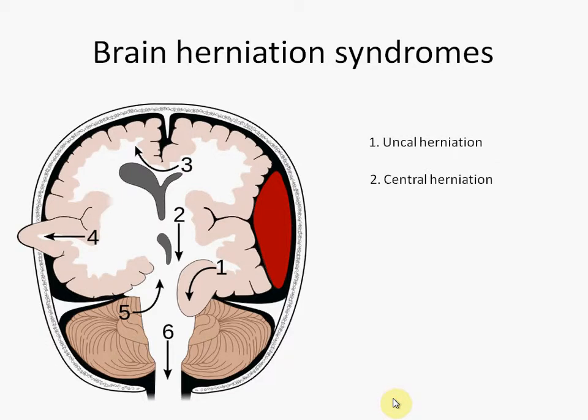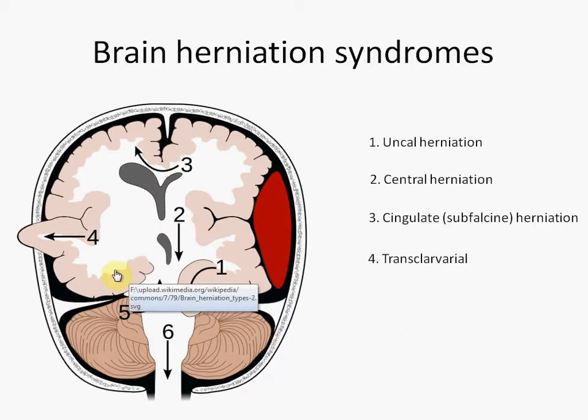Number two, central herniation, where the brain is forced down centrally. Number three, cingulate or subfalcine herniation. Remember that the falx cerebri is located here. Okay, that's not going to give, but the brain is soft tissue, that will give. So sub, under, falcine, underneath the falx cerebri. Okay, number four, transcalvarial